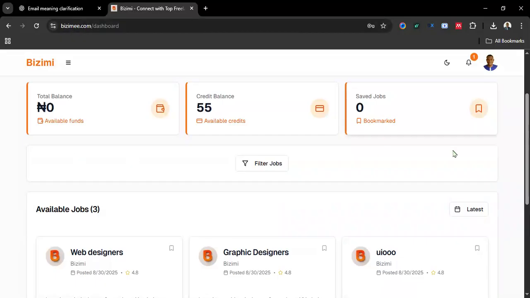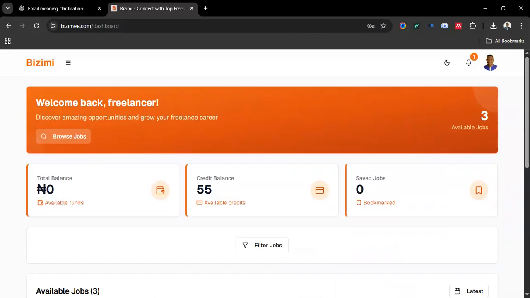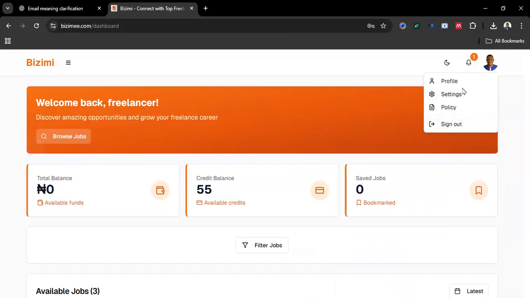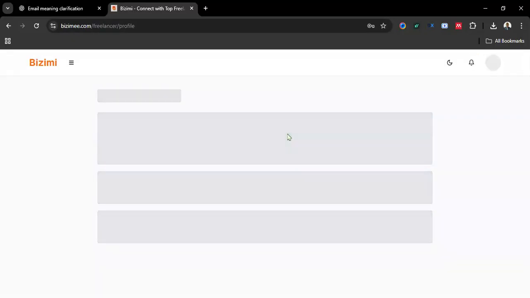Okay, now the first thing that you need to do, as a freelancer, when you first create your account, is go to the site profile and make sure that you set up your profile professionally, using your real image. You have to use a real image of yourself and edit it to make it more professional. You can use Canva to do the designing to make sure that your image is very professional, because this is your identity. This is what the agencies are going to look at. This is what the agencies are going to see. So make sure that you keep it